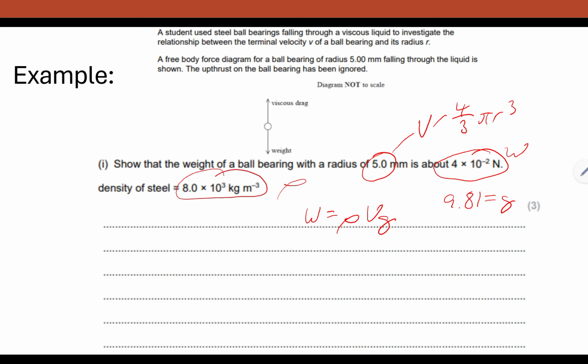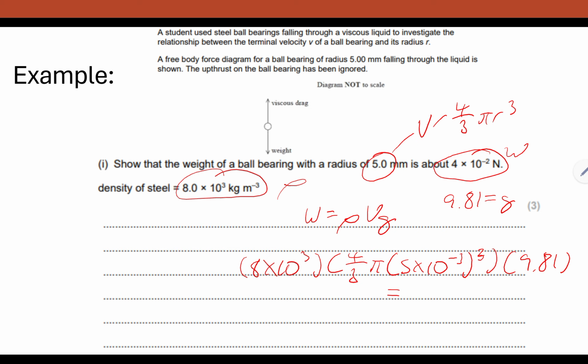So we have ρ, so 8 times 10 to the power 3, multiplied by the volume, which is 4 over 3 π r cubed, where r is 5, but as it's in millimeters we need to make it into meters, so we times it by 10 to the power minus 3, cubed, not squared, and we times that by 9.81, and when we multiply them together we get,